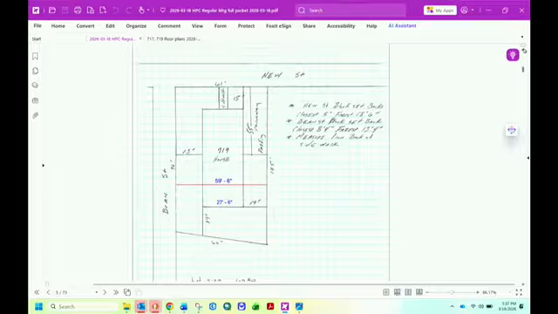I've added a few dimensions to show that the house is 27 foot 6 inches wide, as designed in the plans we'll see in a minute. And when you add those all up, it's 59 foot 6 inches across, which comports with the 60 foot dimension across the back and 61 across the front.